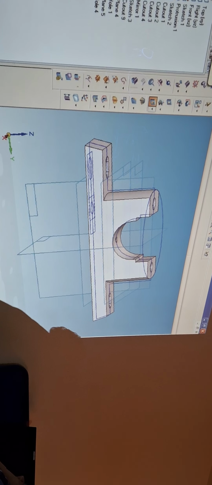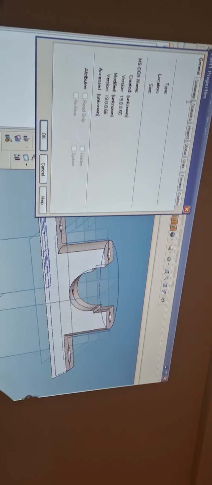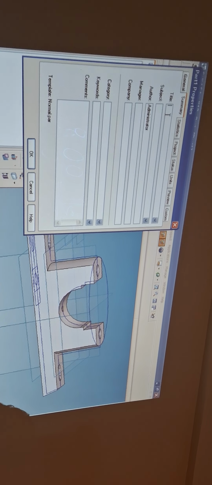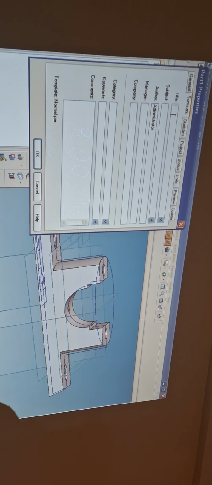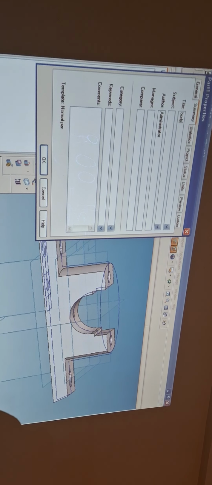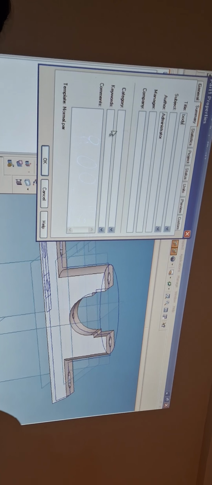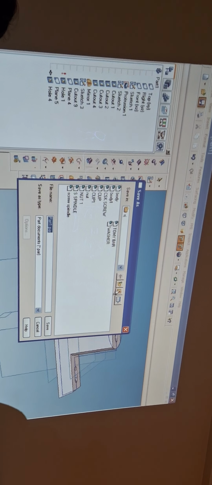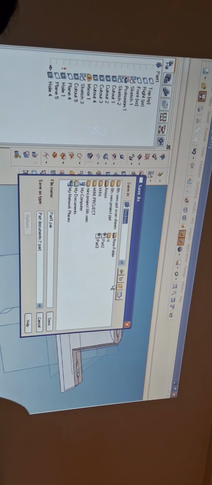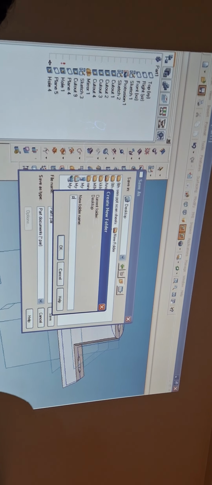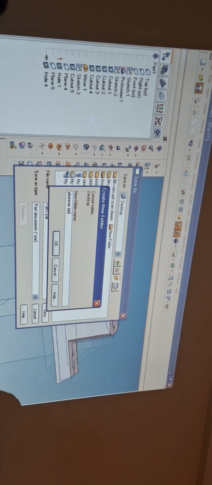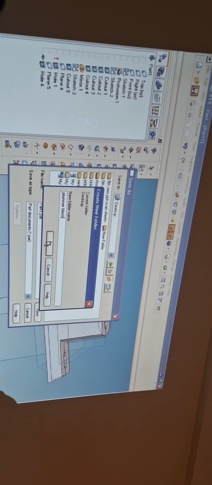Next is go for the save option. So now we will go for summary. What is the title, the name of the part? Plumber block. Body. Then just click on this. Once you click on the body, now go here, new desktop, new folder. Then go for here plumber block. Okay. Then just click OK.